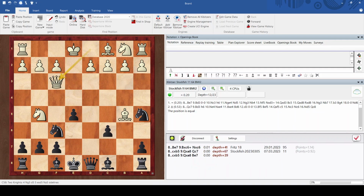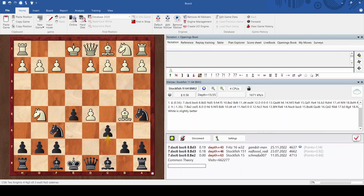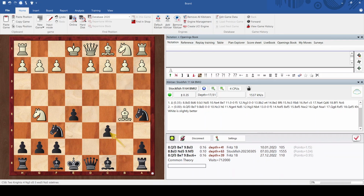There's also a kind of interesting move where you get queen f3, which then pins the c6 pawn, so it can't take the bishop because the rook falls. But basically, this is a sharp line. I'm going to show, actually, just the line where the bishop goes to e2, because I think it's quite...